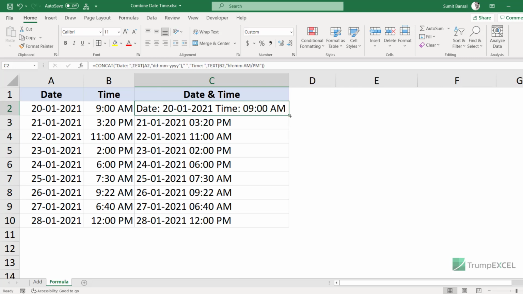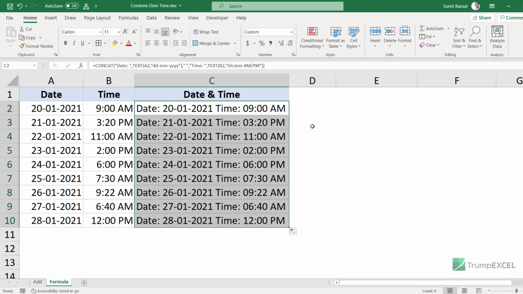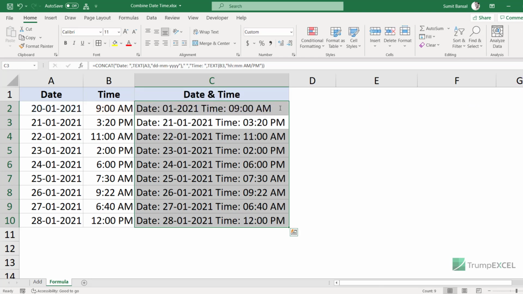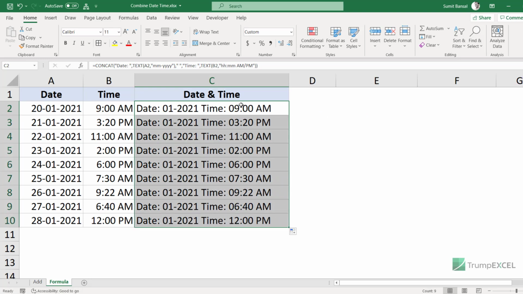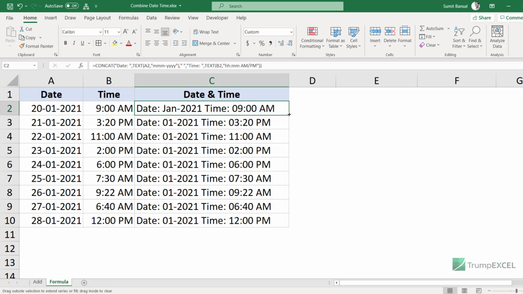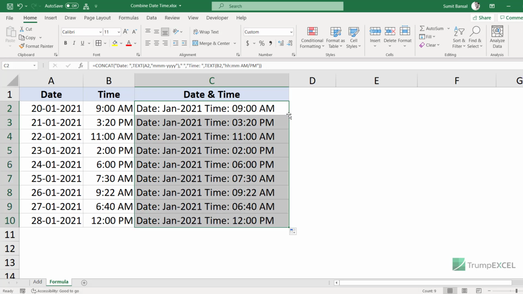So because these are text strings, you can do all kinds of text manipulation that you can do with text data. This is why this method is quite useful, where you can have any text string before or after the value, and you can show the value in any desired format. For example, if in the same thing I do not want to show the date in this format, I only want to show the month and the year, then I can do that here. I can come here and simply remove this part, dd, and only show month and year. And now when I hit enter, you'll see that it shows me this. Or if you want to show the month name, then you can do that as well. Come here, instead of 2 M's, have 3 M's. So it is going to show you the month name in short format, which is Jan 2021 or March 2021. So you can do all that level of customization here.